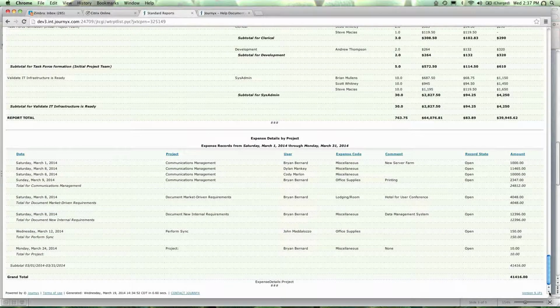Down at the bottom, it's actually taking the expense report that we pulled from and showing you that. So not only does it give you the collation of the 2 reports that you selected to appear within the total cost report, but it also shows you the details of the individual ones. Please keep in mind that you can use any time or rate report as well as any expense report to do this collation. If we go up to the top of the screen,